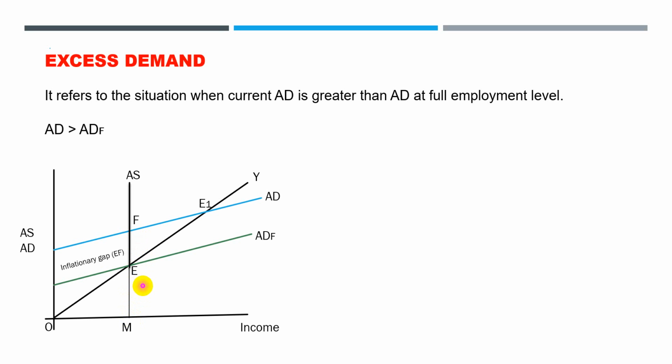Thus, aggregate demand has increased to the tune of EF over and above the level what was needed. It is this surplus demand which is termed as excess demand. This excess or surplus demand gives rise to price inflation. Hence it is called inflationary gap. It is evident from the figure that new aggregate demand curve, that is AD1, meets the 45-degree line at E1. This brings equilibrium at E1 point.